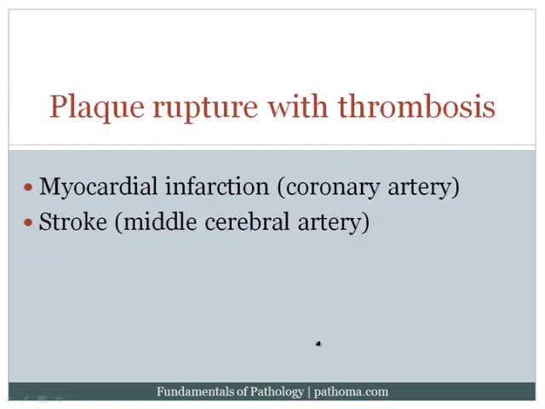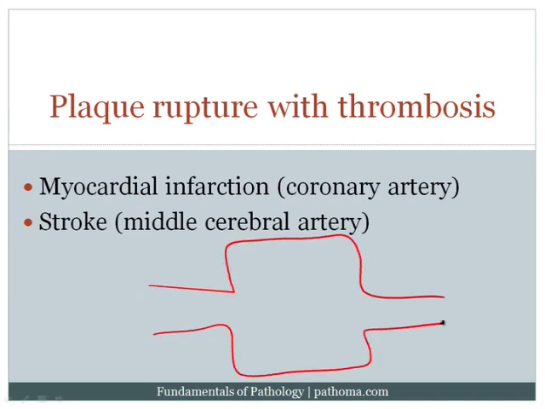Complication number two is plaque rupture with thrombosis, and the idea here is you've got this blood vessel, and obviously this blood vessel is feeding the organ. Let's pretend that you've got atherosclerosis here. Now, one of the complications of atherosclerosis is that at the neck, this is the place where it usually ruptures, at the neck, you can get rupture, which would then expose all of that necrotic lipid core. And if the necrotic lipid core and the tissue underneath it is exposed, that's going to result in activation of the coagulation cascade, and so you'd rapidly develop a thrombus here, which could then occlude the vessel, creating an infarction